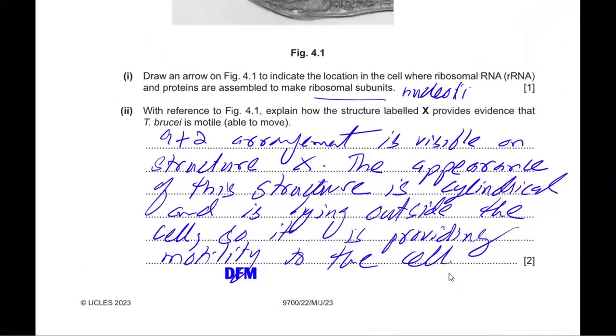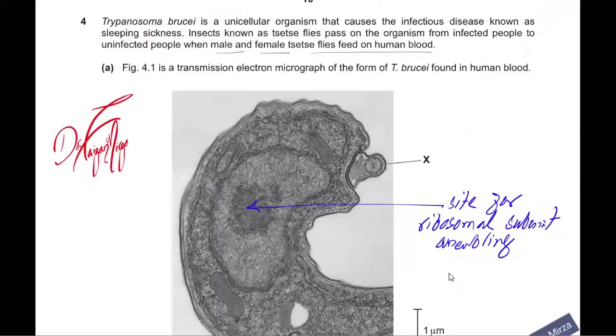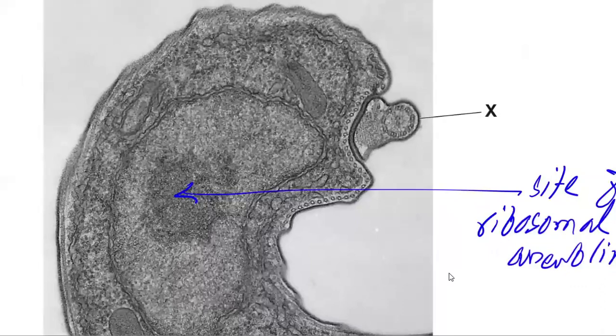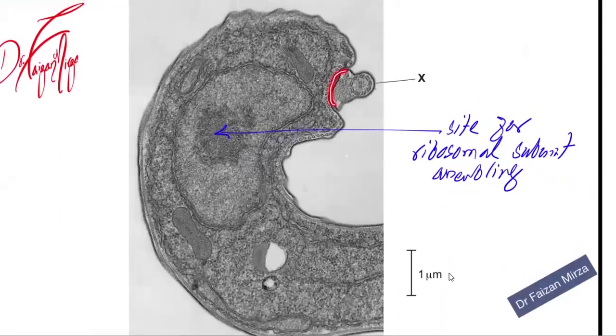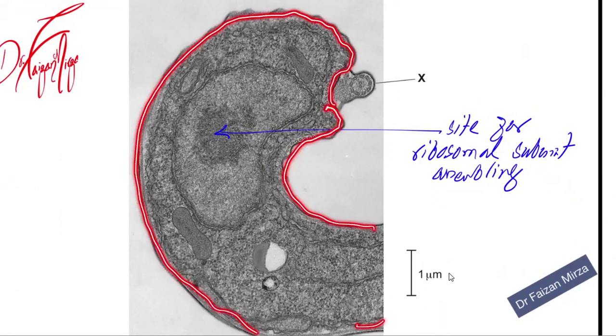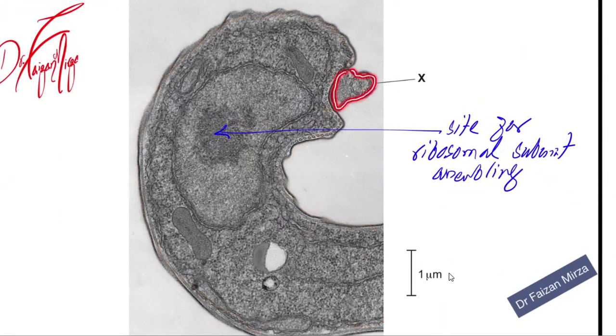With reference to the figure, explain how the structure labeled X provides evidence this organism is motile. So let's look at this structure X. This diagram shows to you that this organism is having this outer part, and this ends here. So this is where the cell ends. But at the same time, there is something also present attached to the structure of the cell. So this must be something like a flagellum, and this must be providing motility, but it is cut